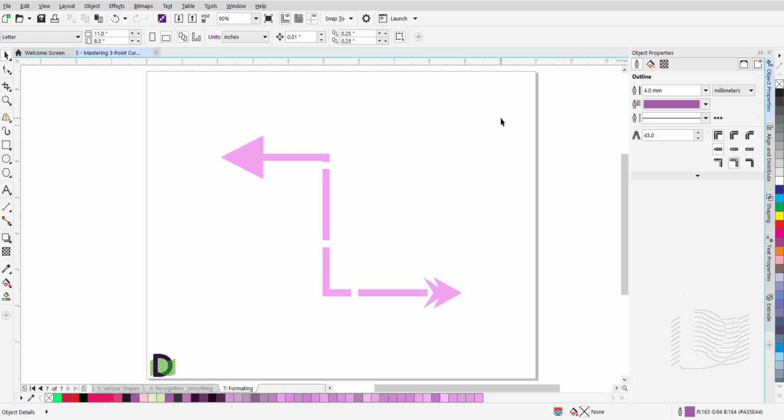This brings us to the end of the tutorial on mastering the 3-point curve tool and the Smart Drawing tool in CorelDRAW. It also concludes the Drawing Tools section in CorelDRAW. Next, we will start by learning about the Shape tool. We will learn how to use the Shape tool to create the shape of a desired object by manipulating the nodes on that object. To learn about the Shape tool, please access the Mastering the Shape tool and Node Manipulation in CorelDRAW tutorial, or click on the link provided below in the description of this video.